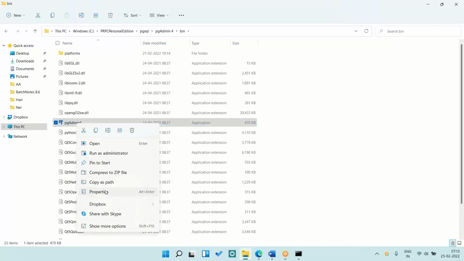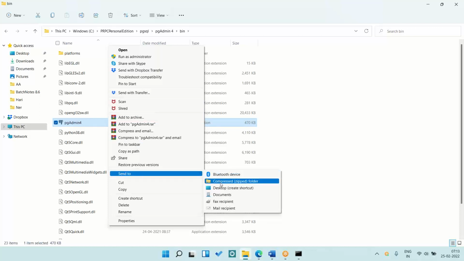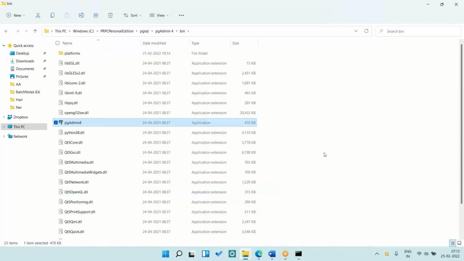So right click on this. There is an option, send to, desktop shortcut. So if you add a shortcut, every time